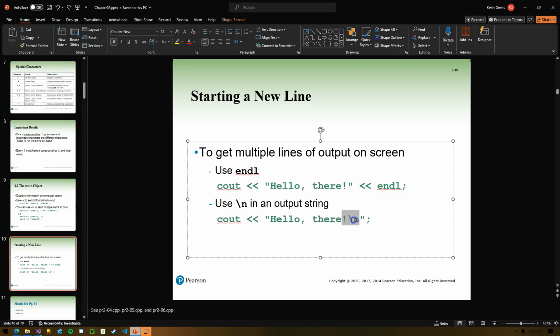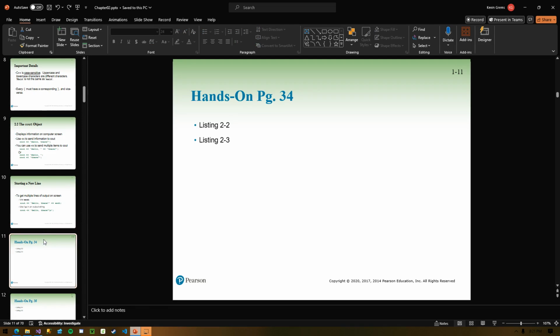And we'll see this in our text editor in Visual Studio. It will actually highlight this \n. It's what's known as an escape sequence. It's just a sequence of characters that mean something special to C++. So these two lines actually do the same thing. Just whatever fits your code the best, whatever you're more comfortable with using. I'm totally fine with you using endl or \n like that. They mean the same thing. Notice that this is actually contained inside of the string, inside of the sets of double quotes.